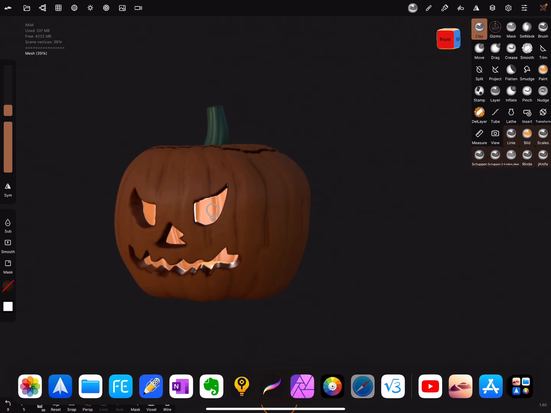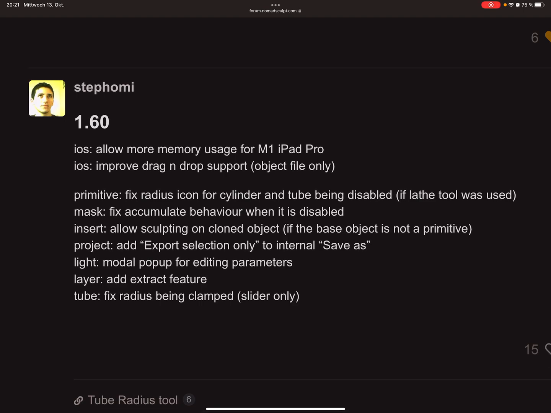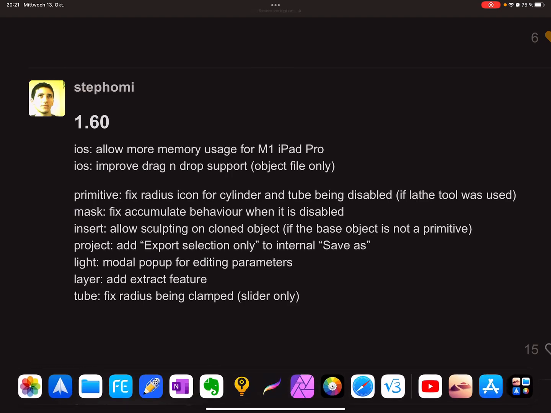The next thing is: project, add export selection only to internal save as. Yes, this is also new.